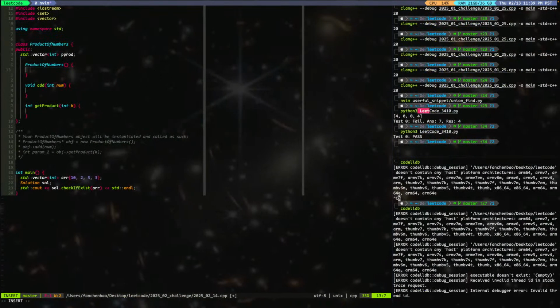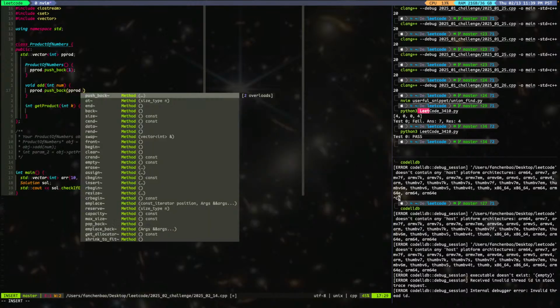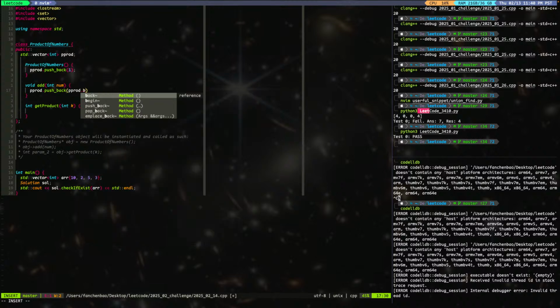So basically what we do is pprod.push_back(1), and then every time when you add, we should say pprod.push_back(pprod.back() times num).